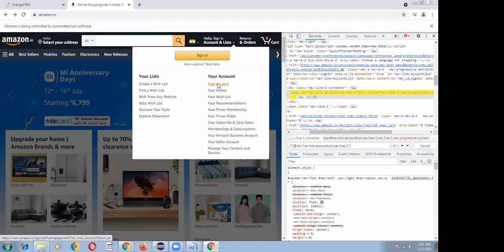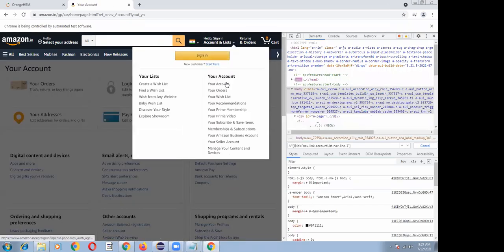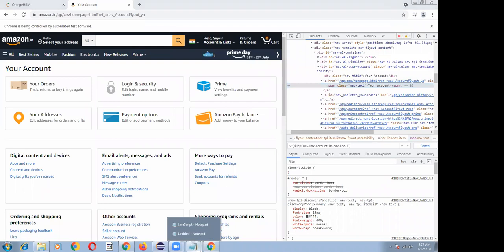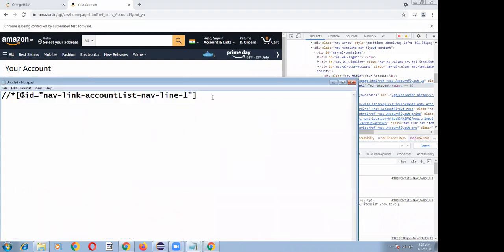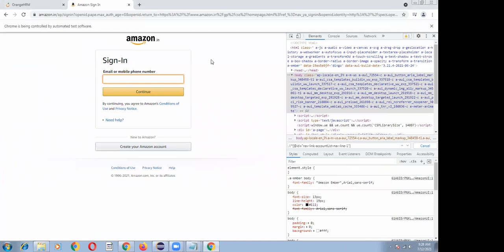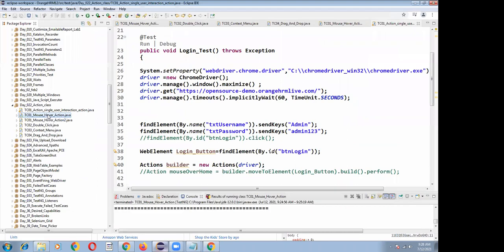If I click on Your Account, what happens here? Copy the XPath. This one is Hello, Sign in, and this one is Your Account. Suppose I click on Hello, Sign in, what is happening? It is navigating to here, but I want to click on Your Account. So how to write the set of driver instructions in this case? Just copy this program and I'm pasting it here.